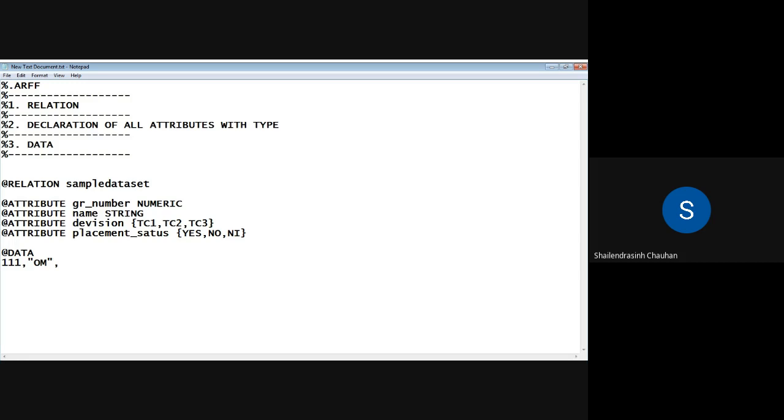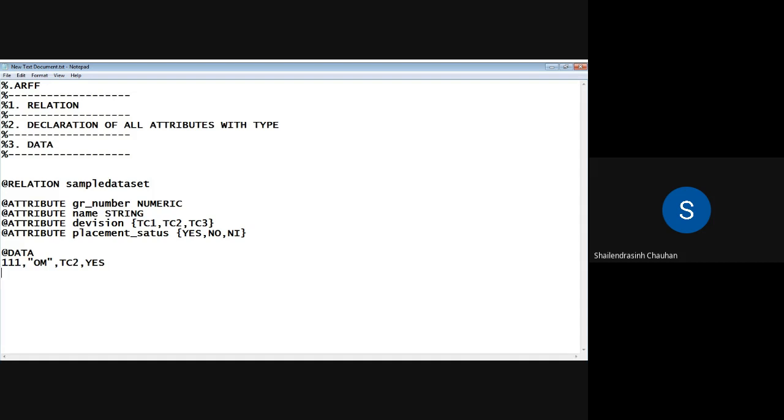One more thing: whenever you have string kind of attributes, make sure that you mention them inside double inverted commas. For nominal, it is not necessary, and you cannot use double inverted commas, otherwise it will be treated as string. So next is division, let us say TC2. Then placement status, let us say yes.